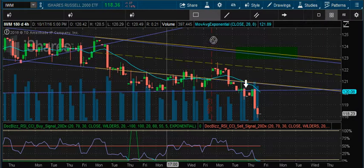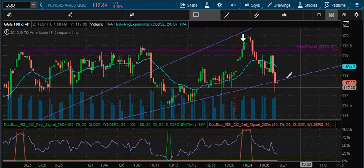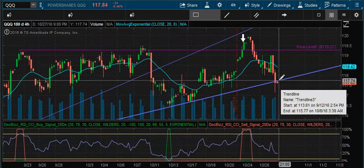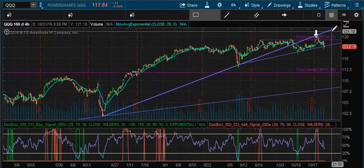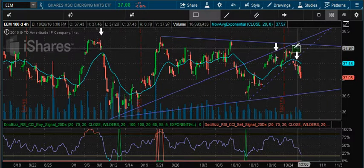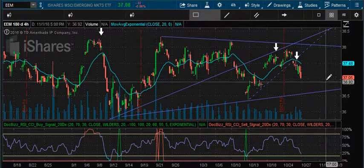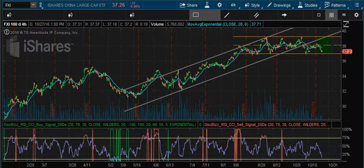RWN has been short for a while, and today it broke its support line. So we're going to see some more downward movement, most likely. Moving along to the cubes. NASDAQ, we had a short, came down to the support trend line, and it looks like it closed below. So that support trend line, if it doesn't come back up, it really doesn't have any other trend line here unless I draw some Fibonacci's or something. I'm not going to do that. Emerging markets, short again. Never made it to the square, so let me remove that. And it's on a downward strike down to 36. FXI,